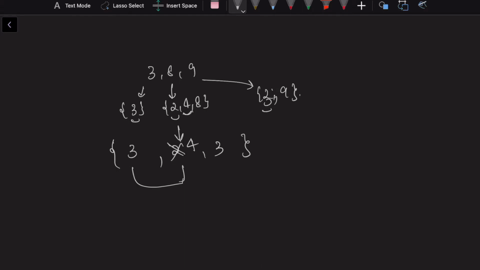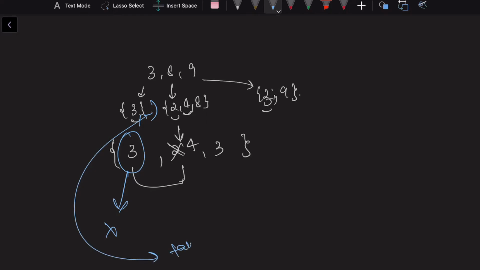I'll put a 4. I'll again check what's the minimum element inside my array now. This time 3 is the minimum element. So I'll look at what's the next number I can have for 3. There's no number apart from 3 that I can have. So I can just break it here. Let's say there was some number after 3 as well, which I could have taken. Then I would have taken this number and continued the process again and again. So every time I'll take the minimum out of my array, and I'll try to increase that minimum so that my difference gets decreased.